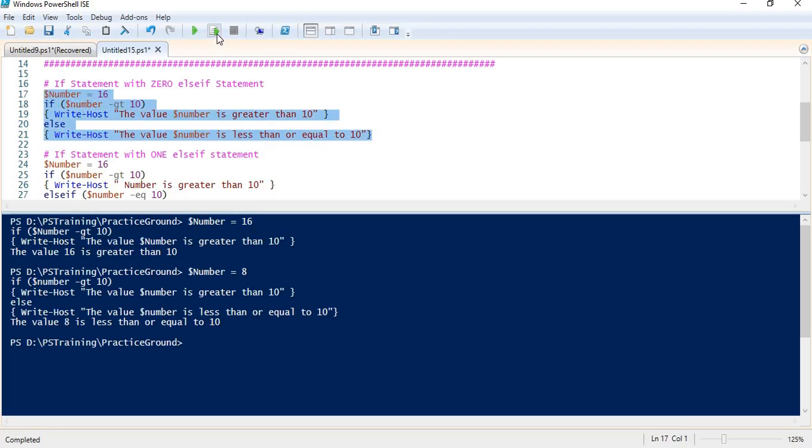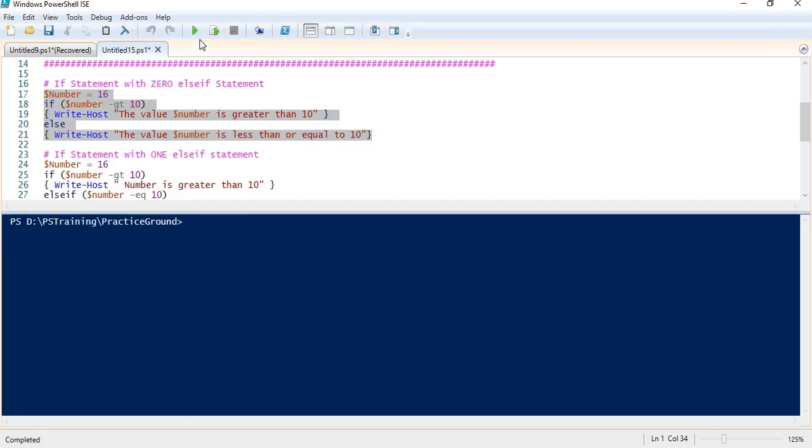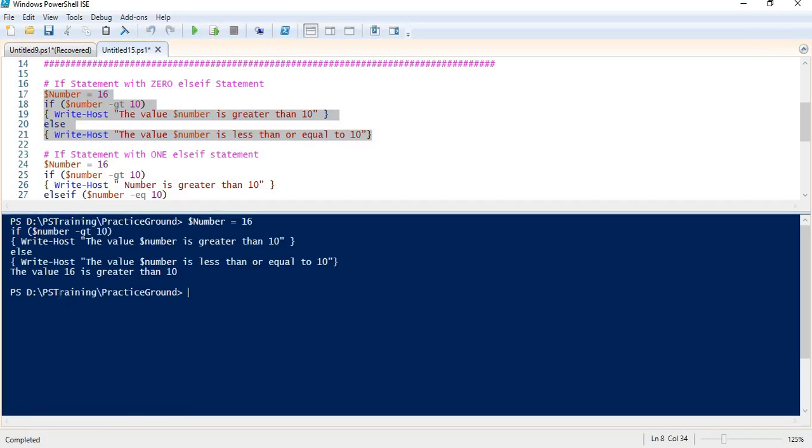So what if I run this code? Let me first clear the console and let me run this code, and I'm getting the value is greater than 10 obviously, and my first condition is getting true, and this code is getting run.